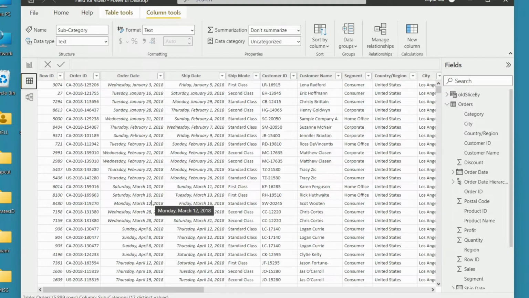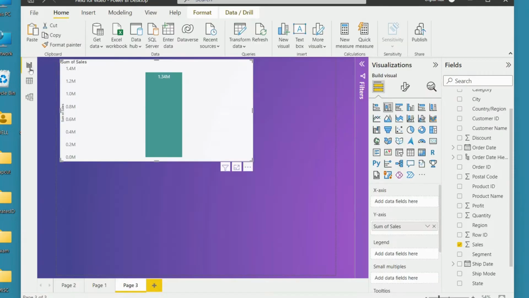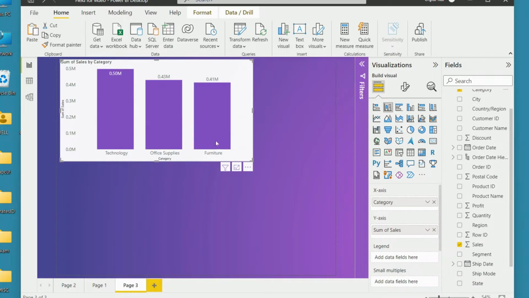Let's start. This is our data, the link of which is in the description box. Here I have a simple bar chart with sales on y-axis. Now I want to create a breakdown by say category. So what I'll do is just drag the category column onto the x-axis, and here it is. Suppose I need it by region now. Usually what we do is copy this chart, and then instead of category we'll just drag the region. But